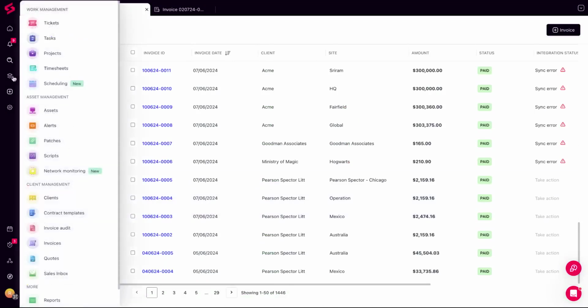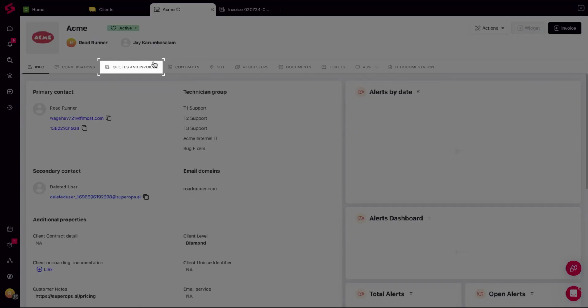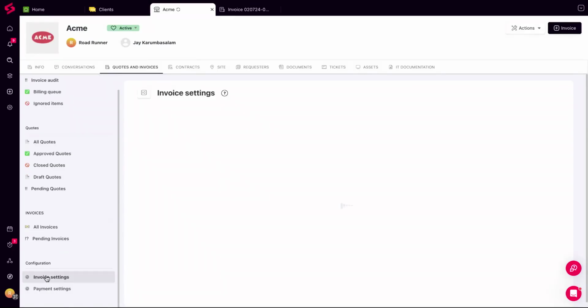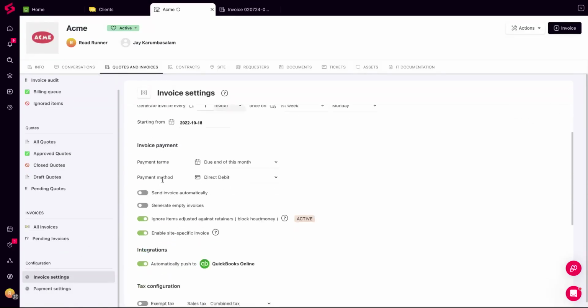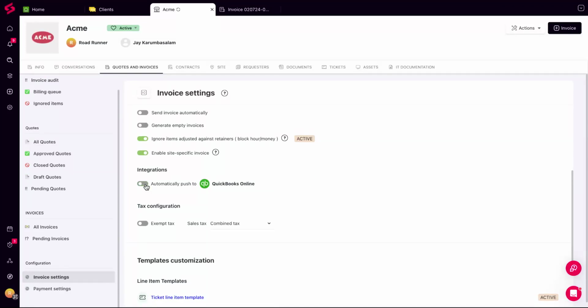Now, on the invoice settings in SuperOps, both on a global level as well as on the client level, you can set if you wish to automatically push the invoice generated in SuperOps to QuickBooks. Enable the toggle as shown to do so. Enabling two-way sync will create invoices in QuickBooks for unmapped clients or service items, and the invoices will also be pushed